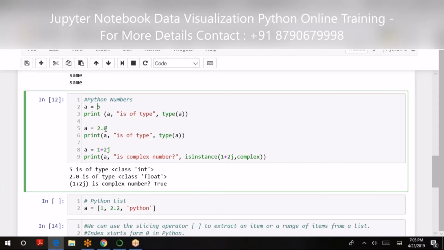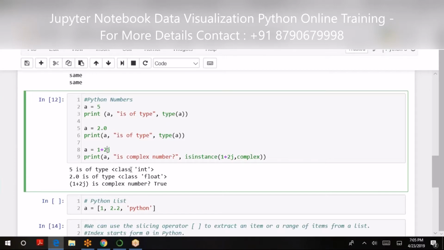Some fractional declaration is being observed, so that should be treated as a float value. And here in this case, 1 plus 2j, where j signifies a complex number.